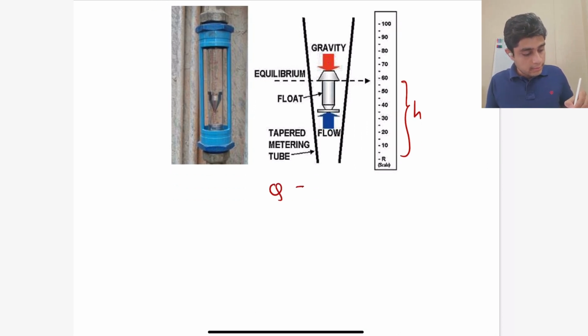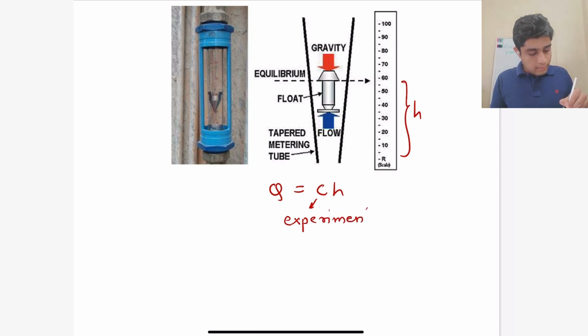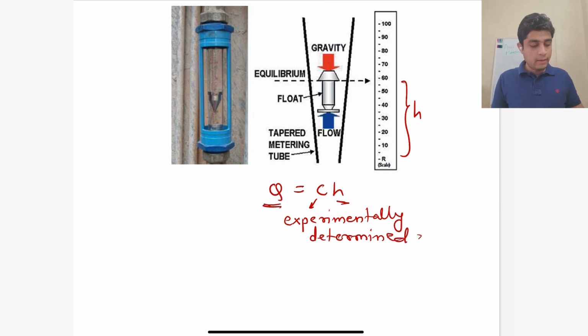So flow rate is basically linearly related to the height at which this object settles via a constant of proportionality c, and this is again experimentally determined by the manufacturer. The relation between the flow rate and the height is often given by the manufacturers, and in some cases along with the height, a scale for the flow rate is also given along with